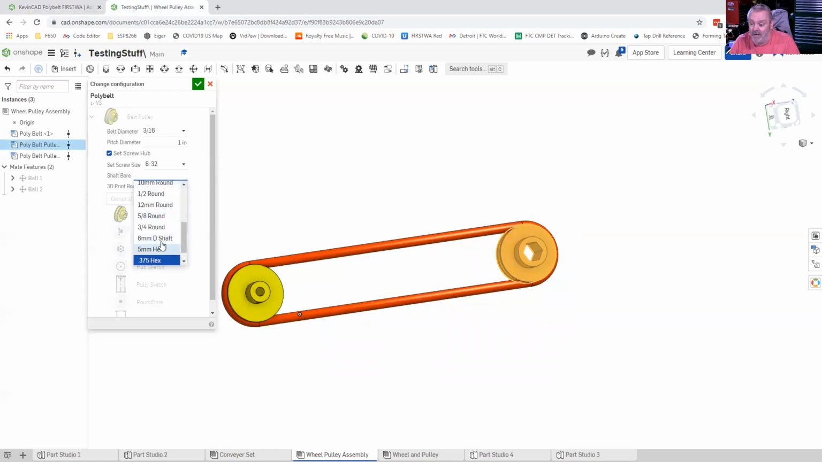Or what if you wanted a D shaft, so you could stick it right on the end of a motor? See, there's a little D shaft that'll fit right on an AndyMark motor. So there's a big selection of different sizes of shaft holes and hex holes, and all of that is configurable. So I think it made it pretty easy to generate a little guy and 3D